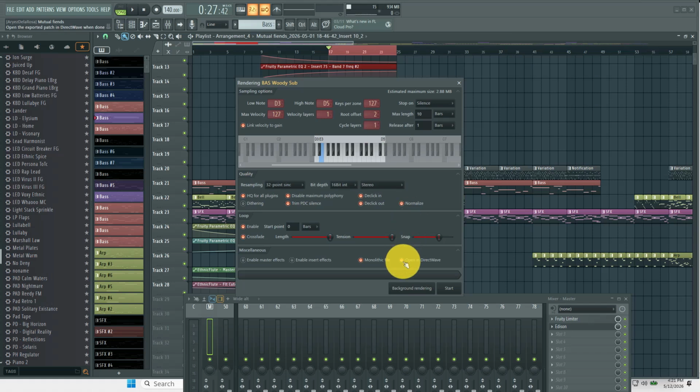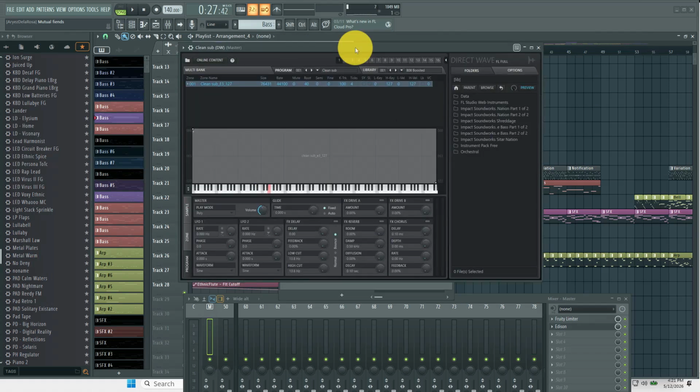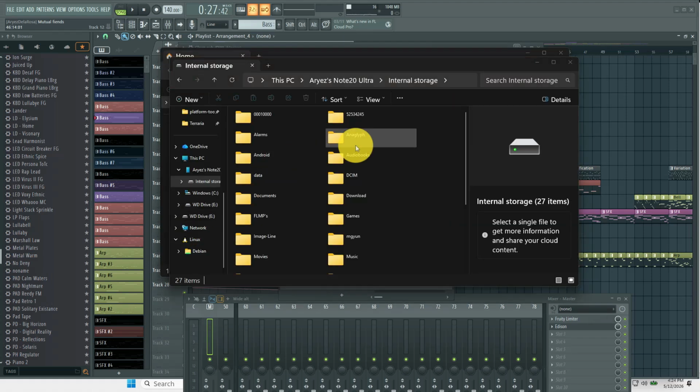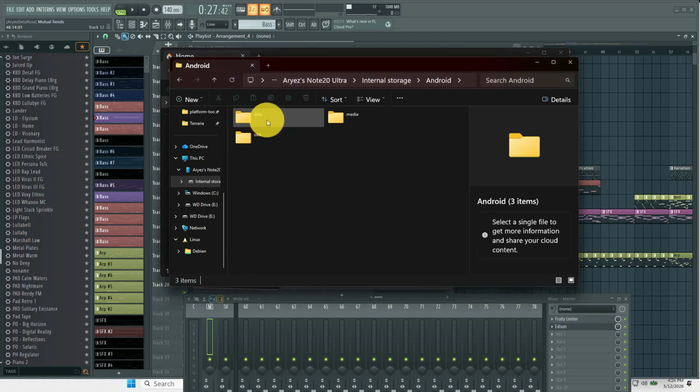And then finally we have open direct wave after it's finished, which is selected by default. I'm going to click start, and from there we will see the file. After we get the file, we're going to open up the phone in our file explorer. Once inside your internal storage, you're going to gain access to a very restricted folder that Android for some reason tries to gatekeep. You go into Android, data,